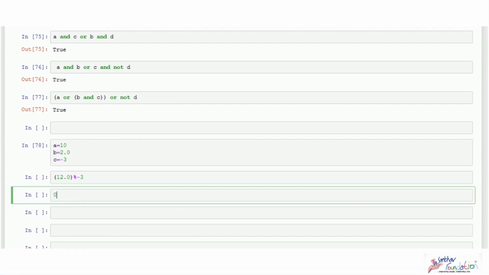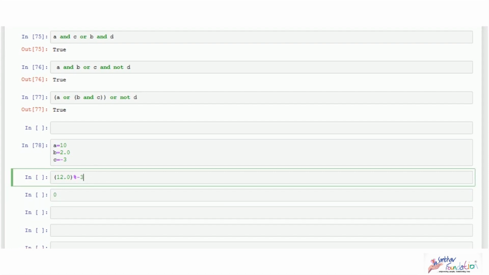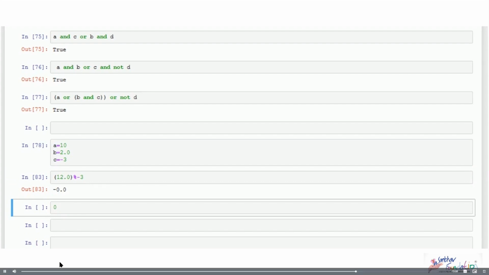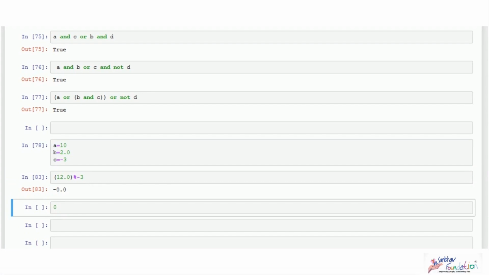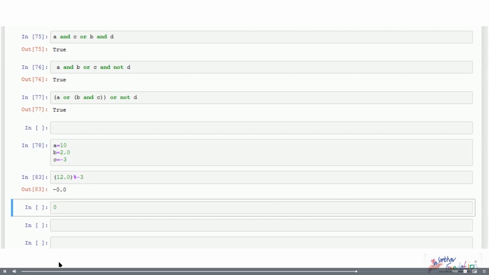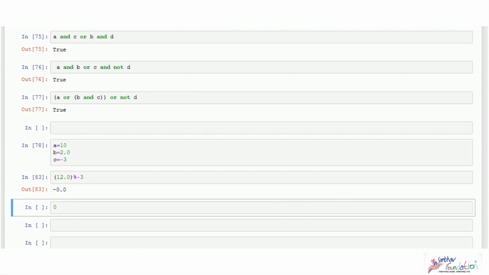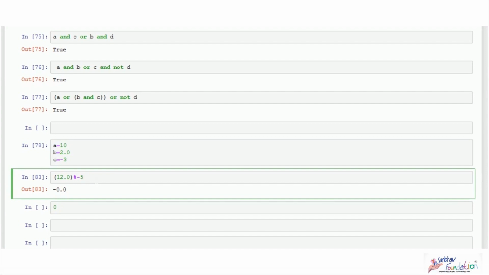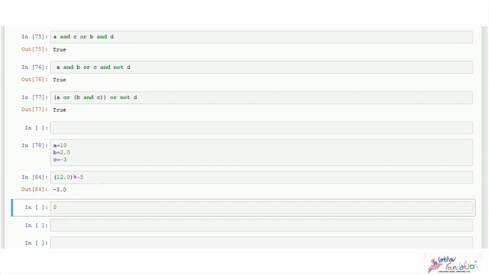But when you have a negative sign, Python just shows you that negative sign too. So it shows you as 0 minus 0. And since it is float mod int, as I said, float and int will give you a float. So it shows it as minus 0.0. So what if it had been some other number, say 5? In that case, 12 mod 5. So when you divide 12 by 5, the remainder is 2, right? So the answer will be minus,